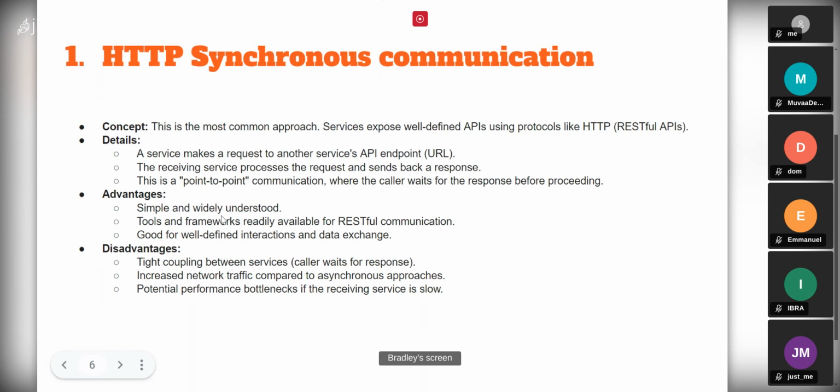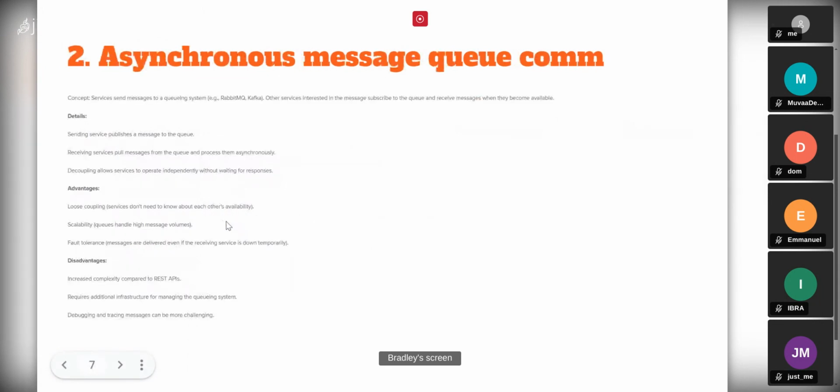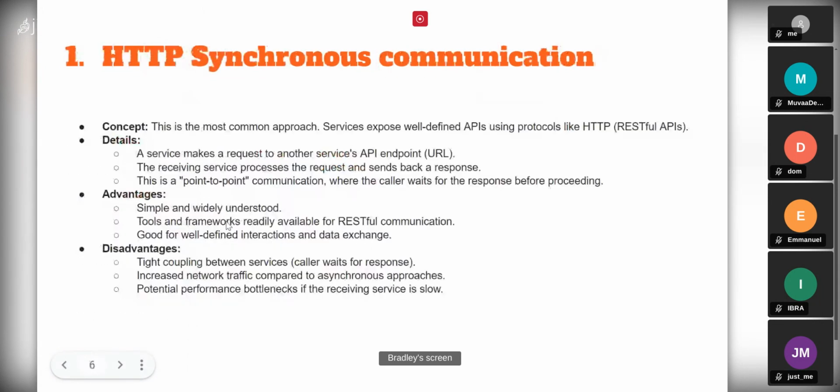So now we come to see its advantage. It's really simple to understand. It utilizes RESTful communication, which is the standard protocol, and it's actually good for well-defined interactions.